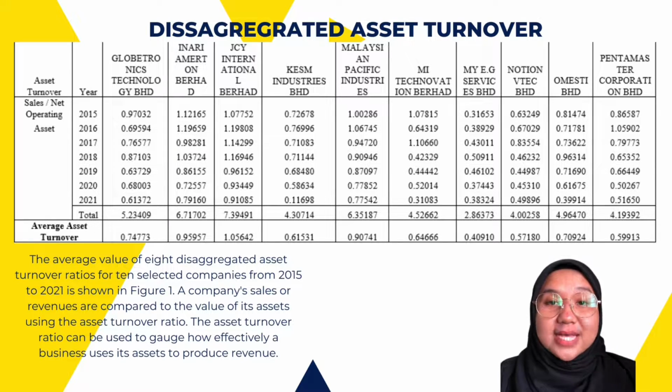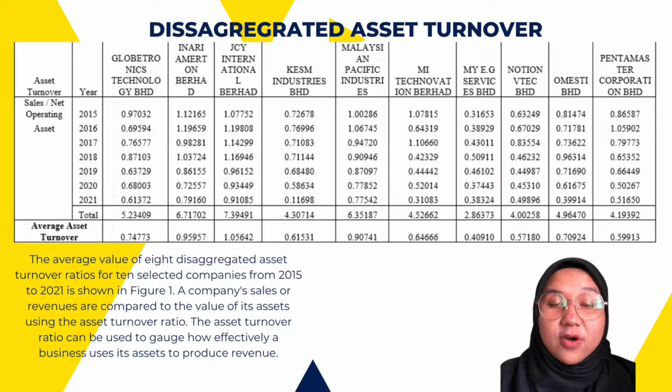Furthermore, the average asset turnover for Globetronic Technology Berhad is 0.74773, Inari Amertron Berhad 0.95957, JCY International Berhad 0.995957, KESM Industries 0.61531, Malaysian Pacific Industries 0.90741, and MI Technovation Berhad 0.64666, and MyEG Services Berhad